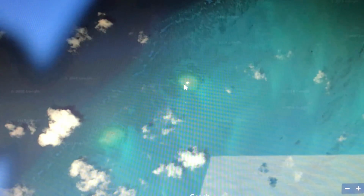So clearly there's some attempt to hide something out here. But over here, it's kind of hard to see. I have the camera recording in 4K right now, so if anybody wants to blow this up, they can. If you zoom in, you think, well, okay, it's just an island, but when you zoom in real close on this,